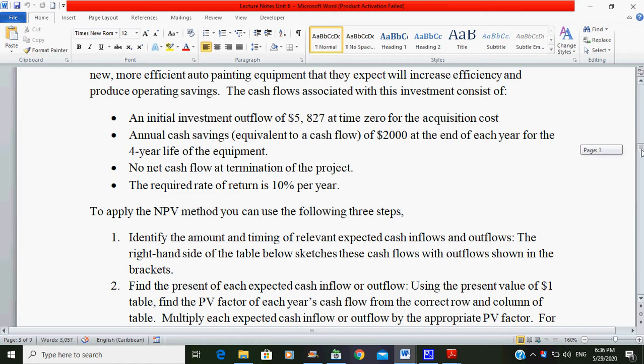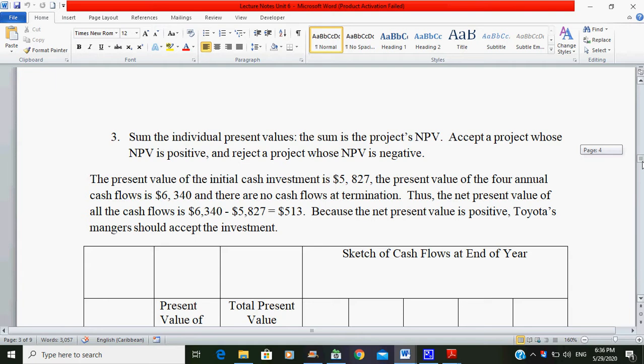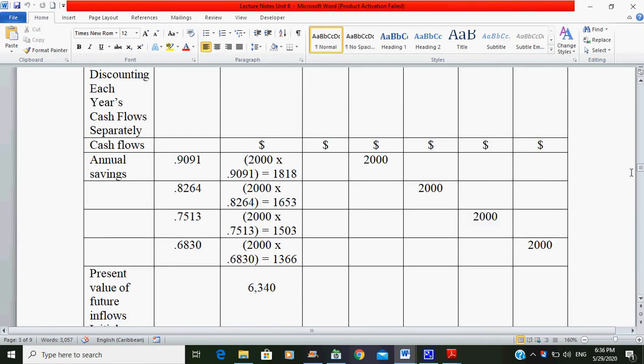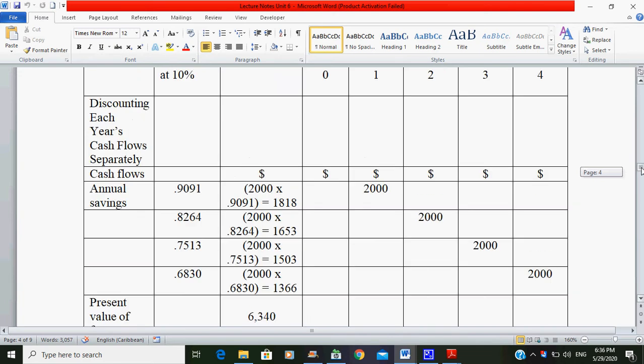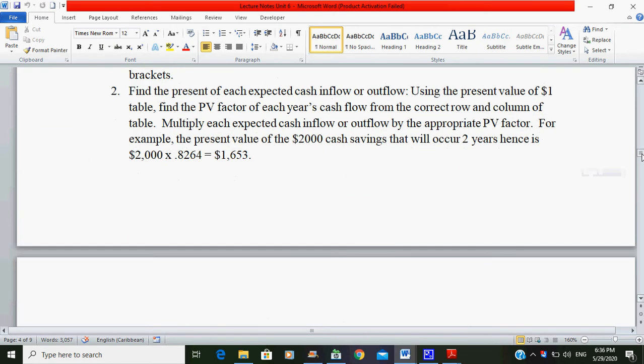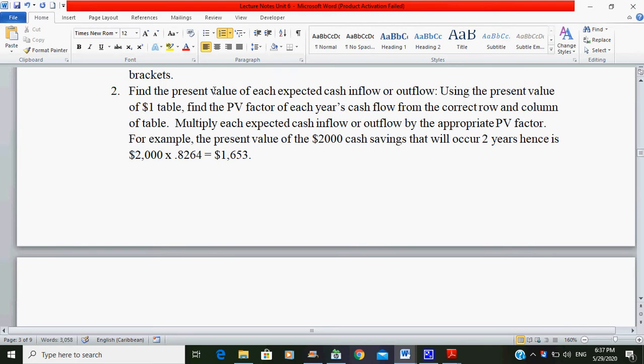Outflow is the amount. The outflow is in the brackets, which is right here, which is the amount that was invested. All right, let's continue. Then you find the present value, sorry, of each expected cash inflow or outflow using the present value of